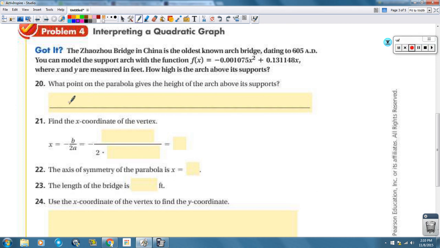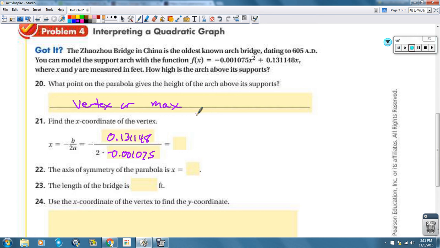So what point on the parabola gives the height? I would say it's the vertex, or in other words, you could use the maximum. Okay, so we want negative b, and b is 0.131148, and then we're going to divide that by 2 times negative 0.001075, and then we're going to get an answer there. So again, that's where you just plug it in. Let me turn mine on. So we have 0.131148 divided by,